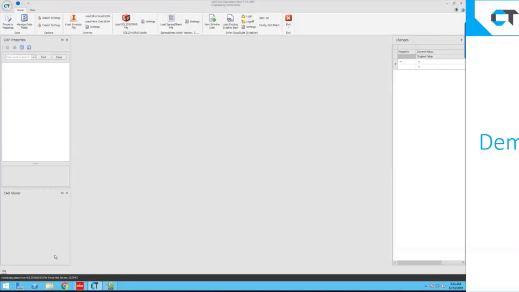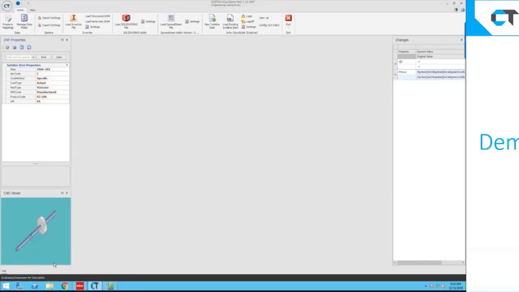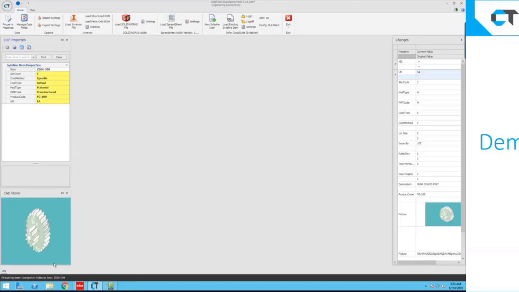You'll see down at the bottom left here, I've got the status going through, and it'll flash through all the parts as it's going through. I think there's like 40 or 50 parts. There's no limit to the number of parts that CADTALK can load or bring in at one time.